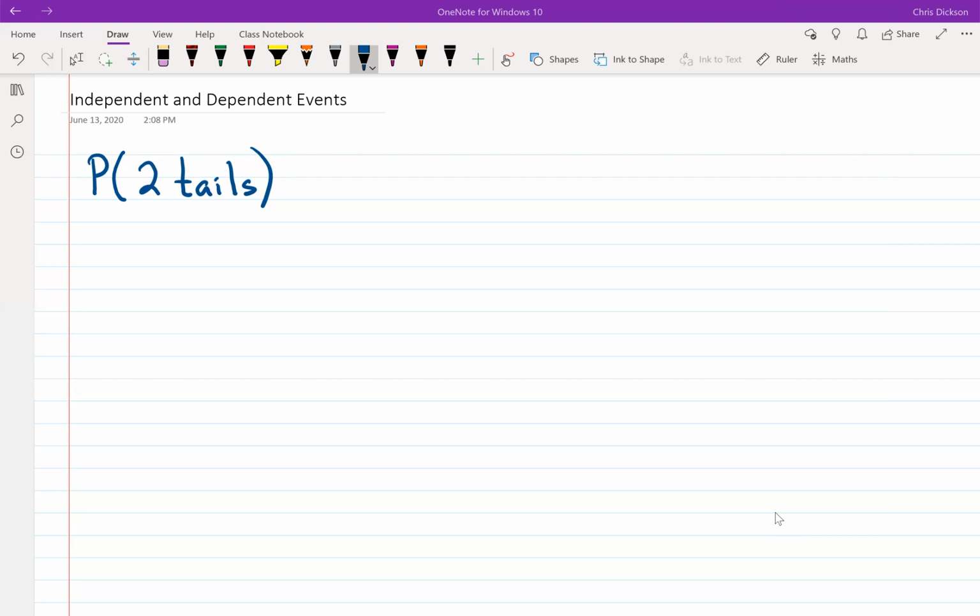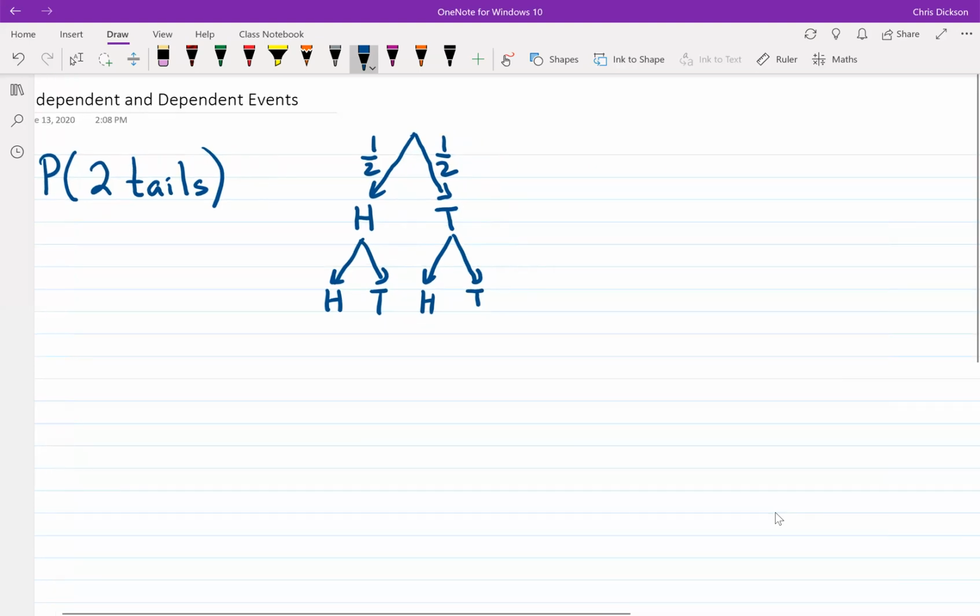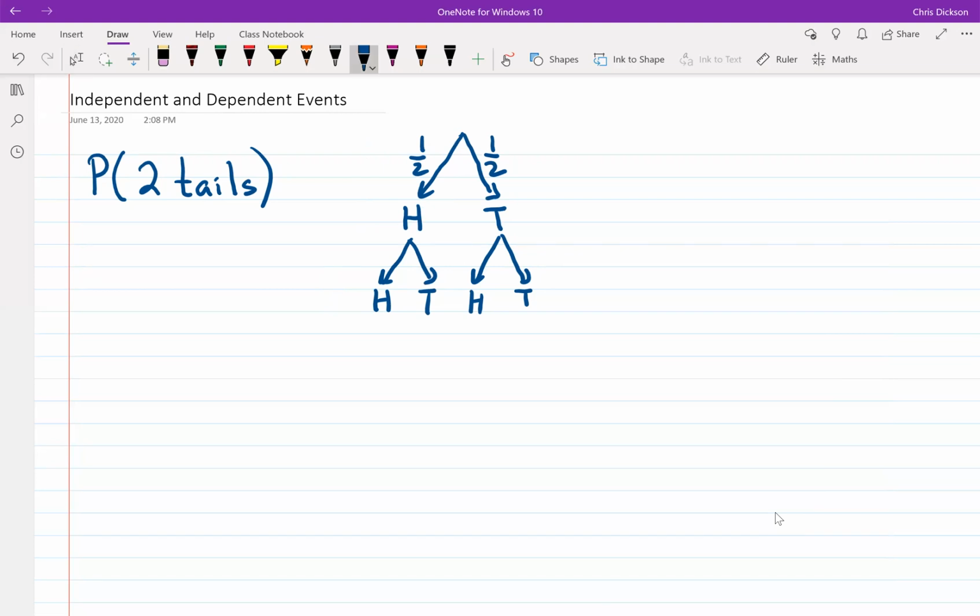So the first branch is what could happen the first time you flip the coin. So the first flip could be heads. I'll just use H for heads and T for tails. And there's a 1 in 2 chance of either one of those occurring. Okay, and then the second flip, if you got a heads the first time, you could get a heads the second time or a tails. And if you got a tails the first time, you could get a heads or a tails. So there are actually different branches that could occur here, and each one of those branches is 1/2.